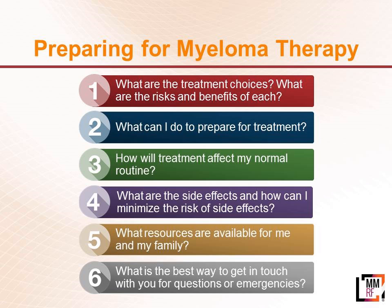So I've shown you a bunch of treatment choices. I haven't told you how to choose between them. That's really a discussion you need to have with your doctor. And I will get into some of the side effects of the drugs. And as a patient, you just want to